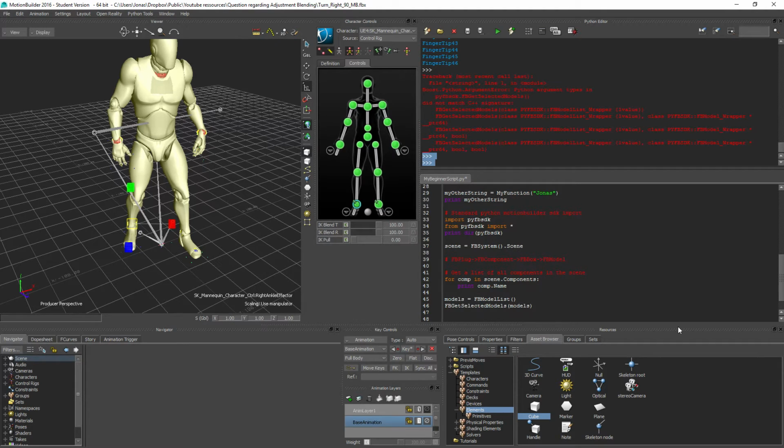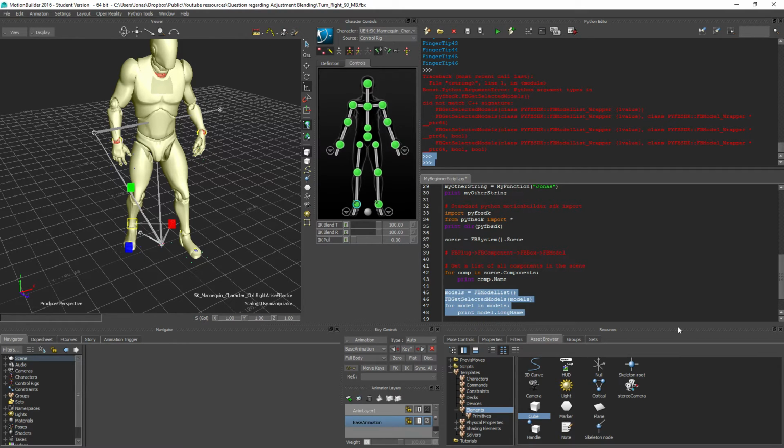So now we can enumerate this list here. So say for model in models, print model dot long name, and here we have it. So that's going to give me the entire name here. As you notice here, I used the long name. If I just do this, it's going to give me this part here only. So using long name is going to give you also the namespace,